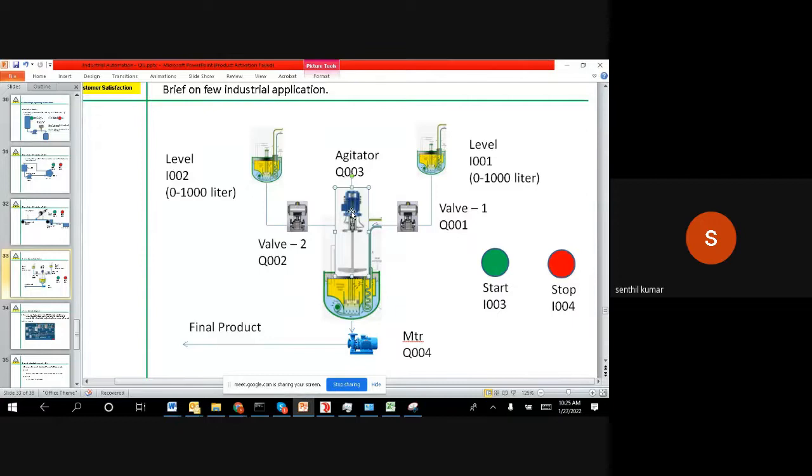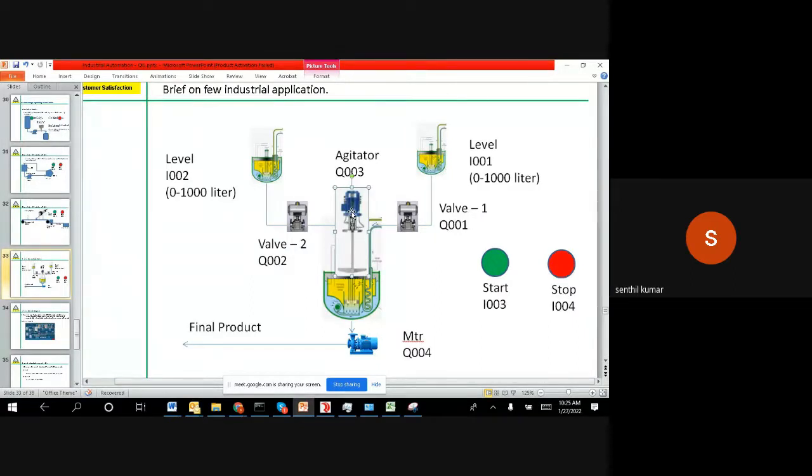This agitator, as we said, is because basically what we are doing is writing a real logic for a company, for a chemical process, for the pharma industries. This is a real logic that is running inside the plant, right? So once the level in tank 1 and tank 2 is less than 500, I mean 50% is transferred to the system,